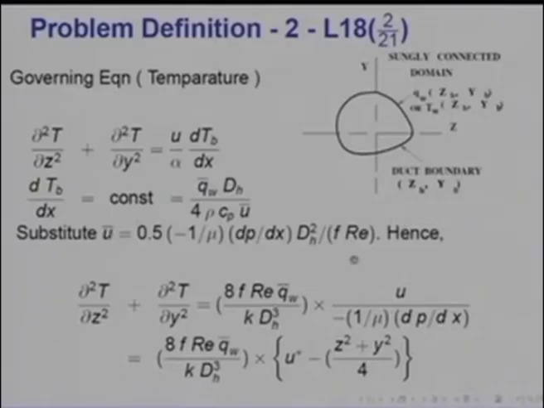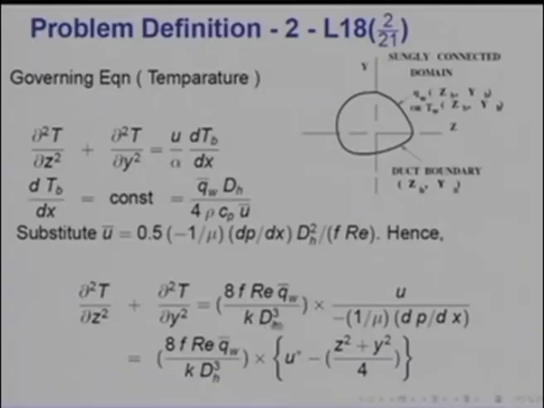From the definition of friction factor multiplied by Reynolds number, we can readily represent u bar as 0.5 into 1 over mu dp dx dh square fRe, and the negative here implies that dp/dx is negative, so that u bar is positive. Therefore, if I substitute for dT bulk by dx and u bar, then I would get d2T by dz square plus d2T by dy square equal to 8 fRe q wall bar